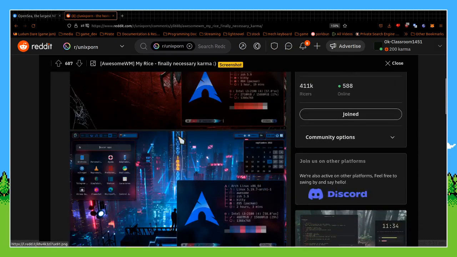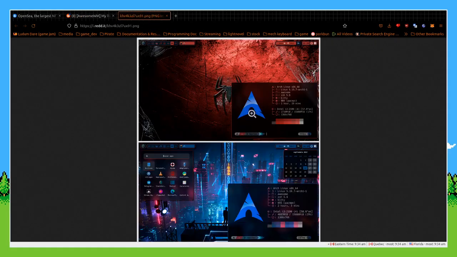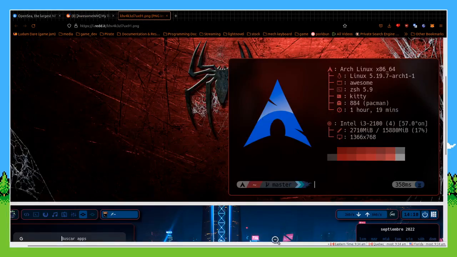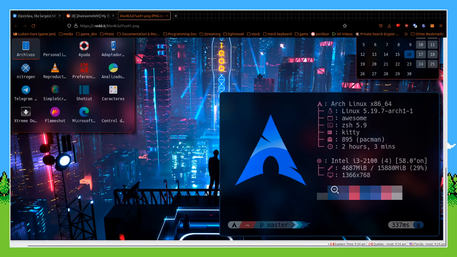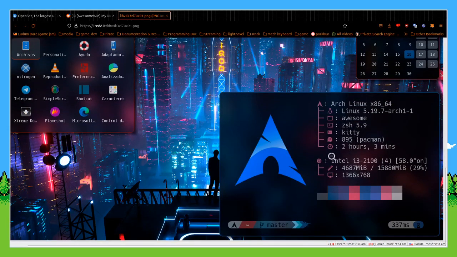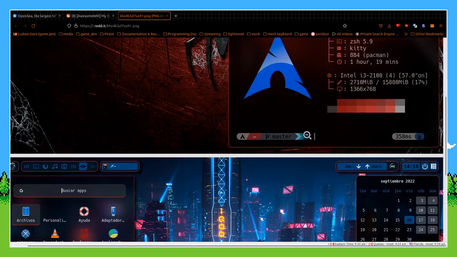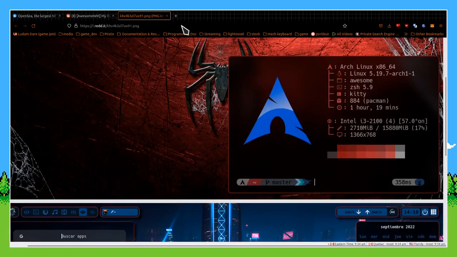So that's a nice config. I like the fact that he put an image in his NeoFetch. Not every distribution lets you do this, but it's very nice. I like that. That's very customized. I like the blur on this application and all that. I don't like the theme basically, but I appreciate the effort that this person put into their system. And they also use the Kitty terminal, so we use the same kind of terminal, which is nice.